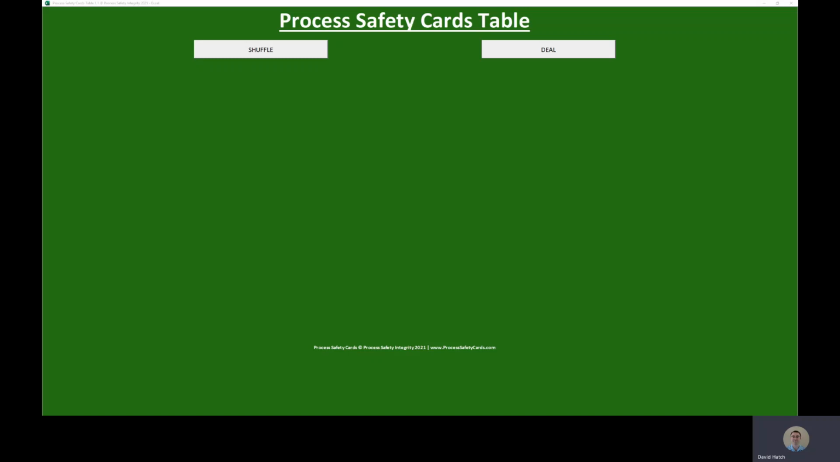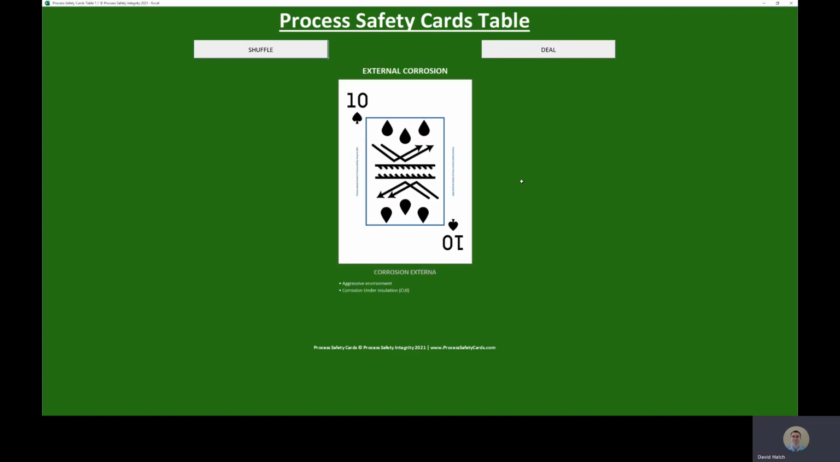And quite simply, it's an in-house card table using loss of containment, or you could use ignition, could use human factors, whatever process safety cards you want to use. So simply what we have here is a familiar card table, and we deal the cards out, ask us how many players we want. So let's just start with one player, and then it gives us a card,